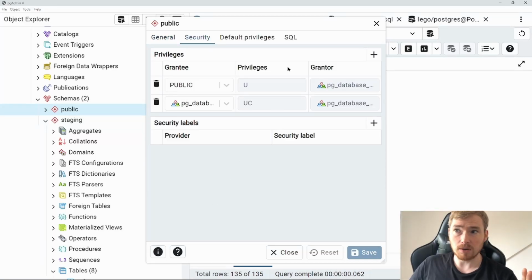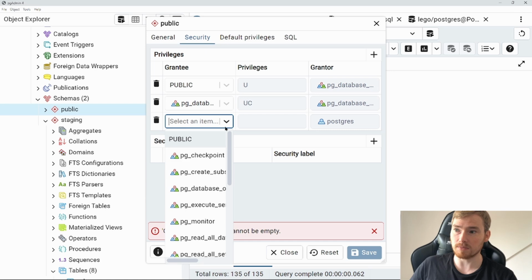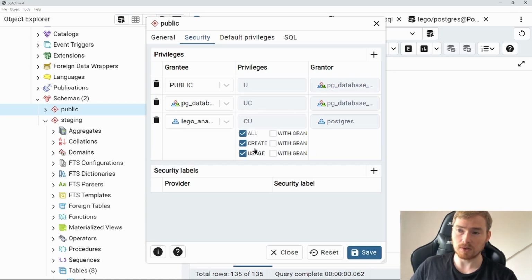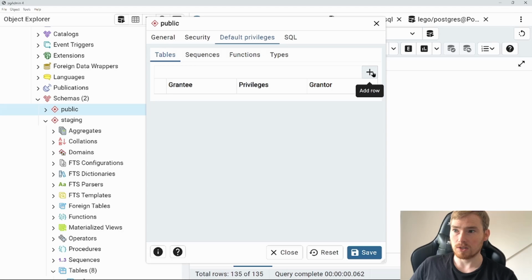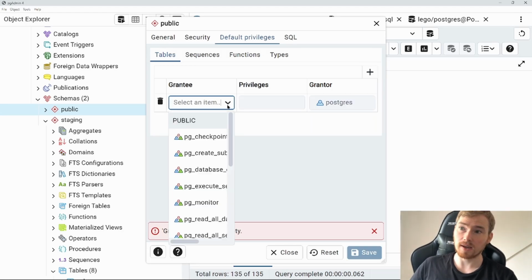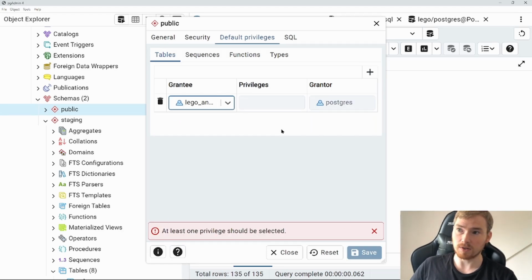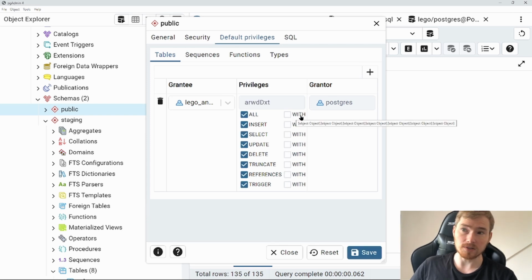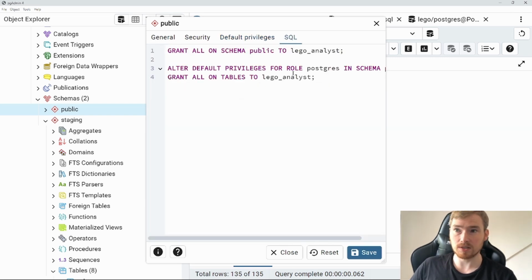Okay, so there's some default privileges already provided by public, but if I wanted to ensure that my Lego analyst could go and write data to this, I can go and add a new item. Lego analysts, go and all, so can create and can use. Similarly with tables, I could go and add a new item in here for Lego analysts just so that they can perform all the actions on the tables that they want. Again, we can see the SQL there